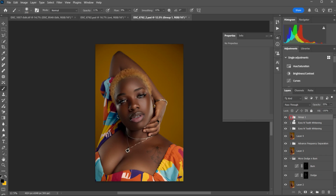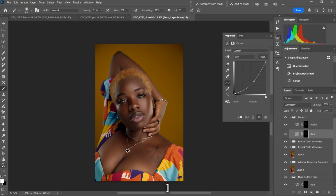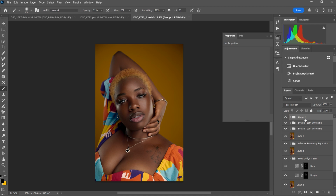This is perfect. I just go to dodge and dodge this area a bit again. Yeah. So you can see the pop on the image right now. The face of the model, the highlighted part has popped out on here. Before and after. So the next thing I'll do also is another set of contour which I do on my images. I'll go to my curve,